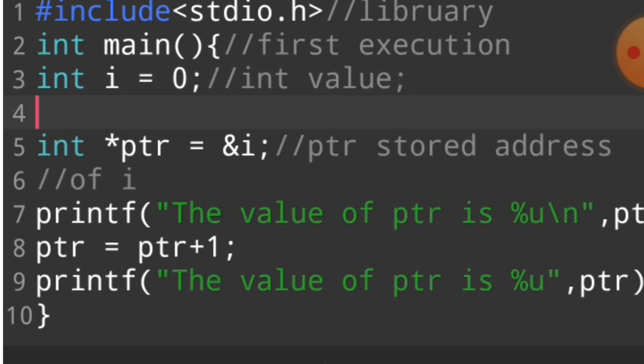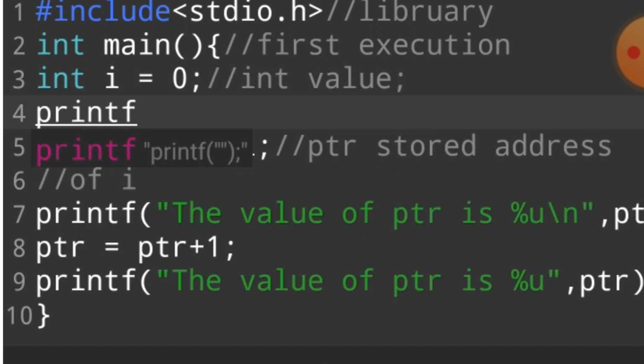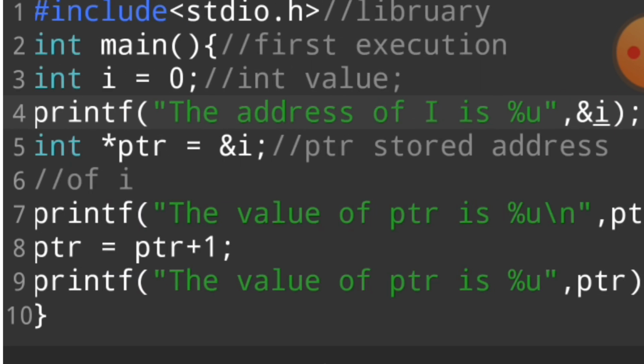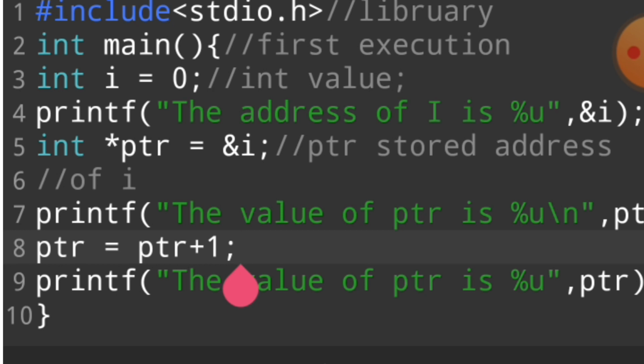In this case we say printf the address of i is %u, comma, address operator &i, and then we print the address of i.